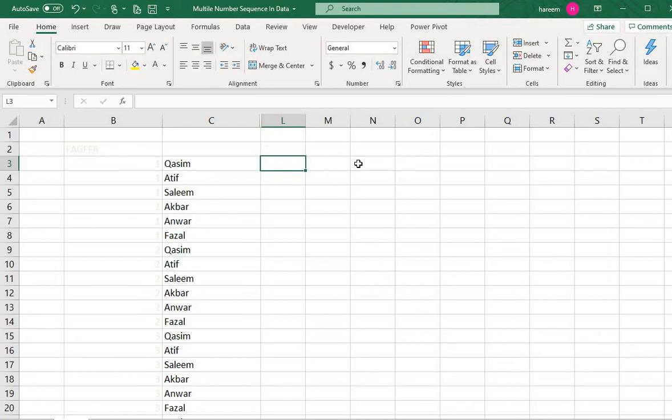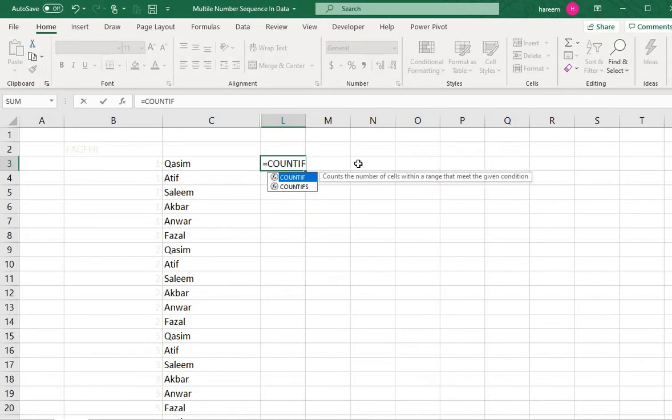Now we will use a formula where, for the sequence of Qasim, it will tell us how many times it has repeated. So we start the formula: COUNTIF. How do we select the range? We select C3 to C3.